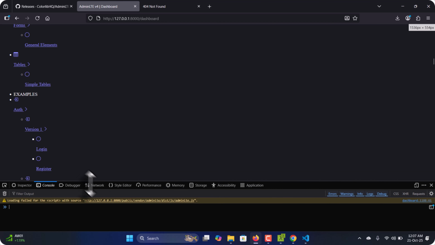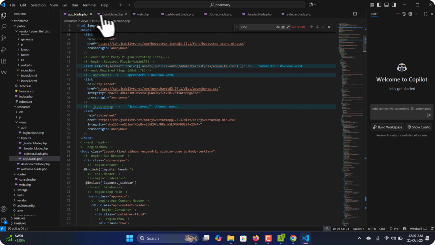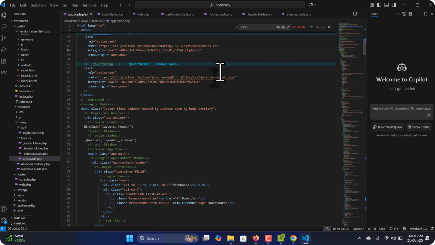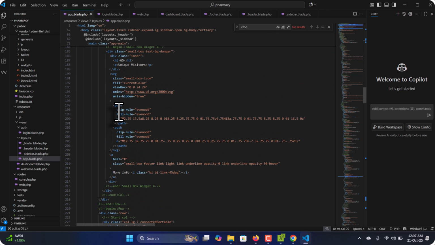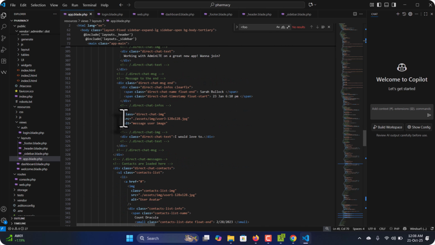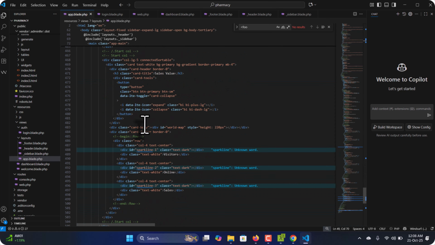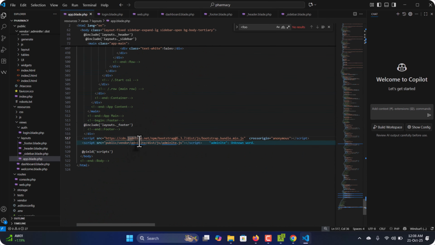public. Okay, then also let's see if we have something like that down here. Do we have something like that down here? So right down here also we have this public. So you simply need to remove that and leave only vendor. So after removing that, you come back and refresh the page. So we can see that our dashboard has opened successfully, but the error which is displaying here is because of